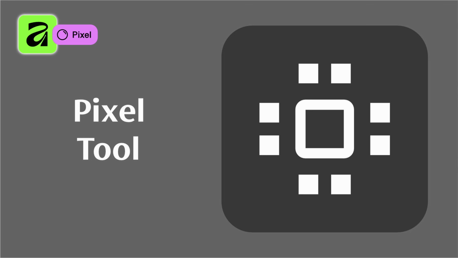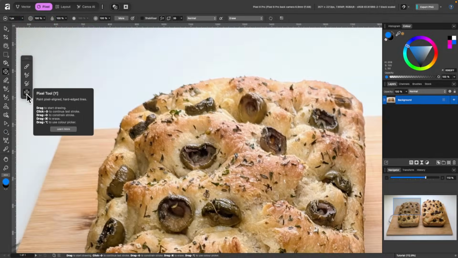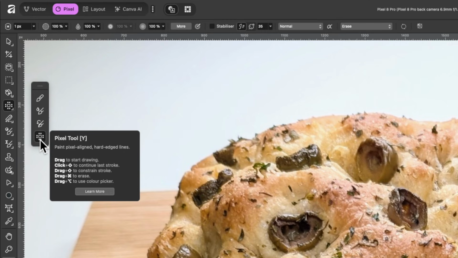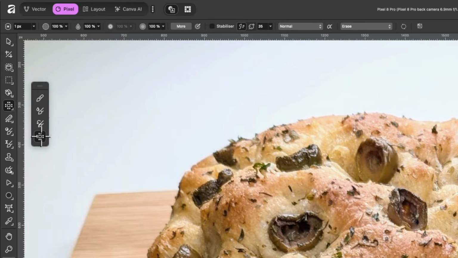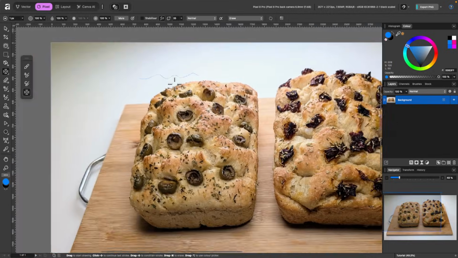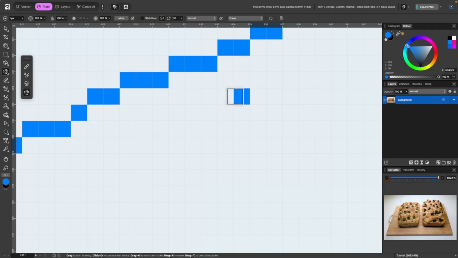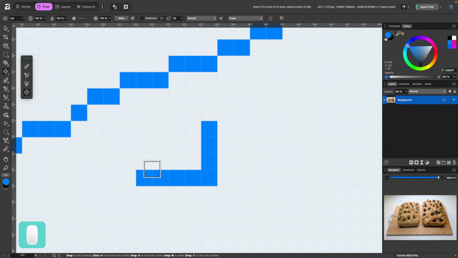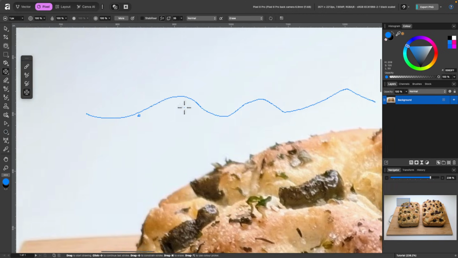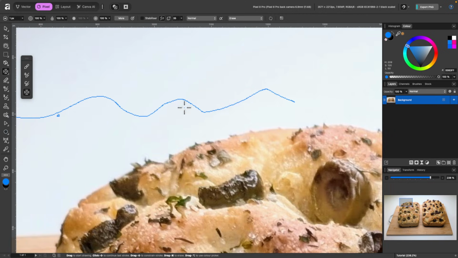The next tool I'm going to cover is the pixel tool. Shortcut for this one is Y on the keyboard. And it says here, paint pixel aligned hard edged lines. So when I go ahead and select it, I'll just click and drag to paint out my line. And you can see it's really skinny, isn't it? And if I just zoom in, you can see the pixel grid appears. And as I hover around with my pixel paintbrush, it only sticks to within the boxes of this pixel grid. So I'll just click and drag like this. Using a tool like this would probably be better with a smaller canvas. Maybe you'd create something like retro game art or that pixelated look that old 16-bit games used to have.